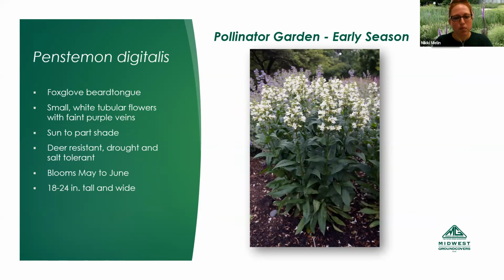This one gets a little bit on the taller side, so about 2 feet tall in ideal conditions. And it can take full sun, but also a little bit of part shade. So sometimes you will see this one on a woodland edge or in a full prairie situation naturally. The great thing about natives, I feel like, is because they're not cultivated varieties,